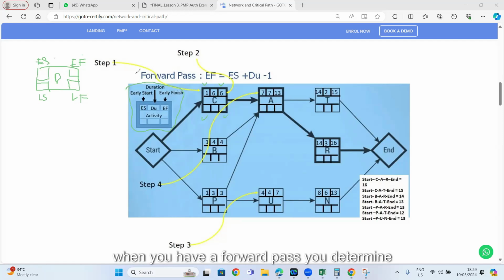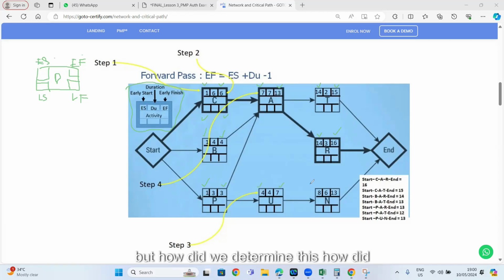But when you have a forward pass, you determine the early start and early finish of all these activities. Like if you see 1 and 6, these are the early start and early finish for activity C. 7 and 13, these are the early start and early finish of activity A. And then 14 and 15 are early start and early finish of activity T. Similarly, activity B, early start is day 1, early finish is day 4. Activity R, early start is 14, early finish is 16. Activity P, early start is 1 and early finish is 3. Activity U, early start is 4 and